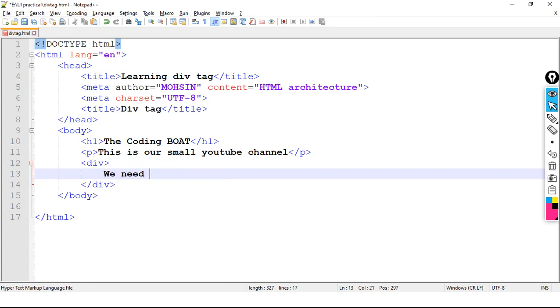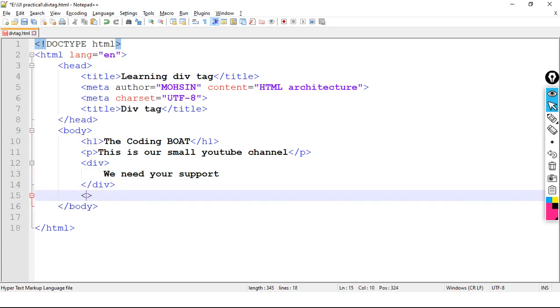We need your support. Then I am taking another paragraph tag. Here, your feedback is precious. This is our HTML code.